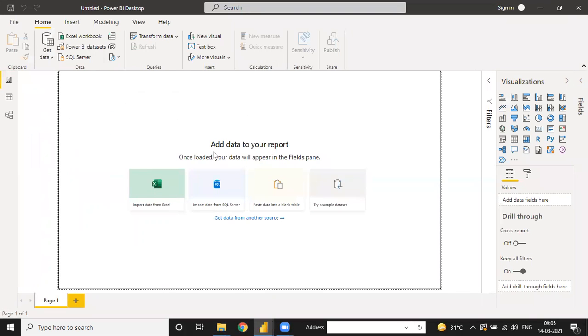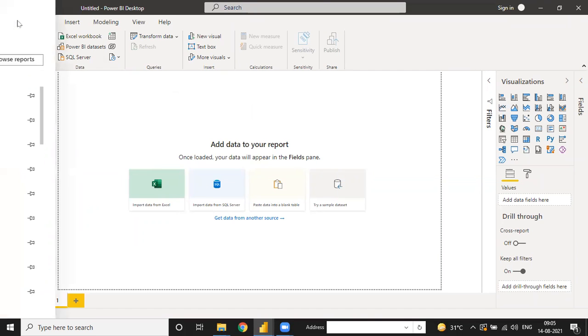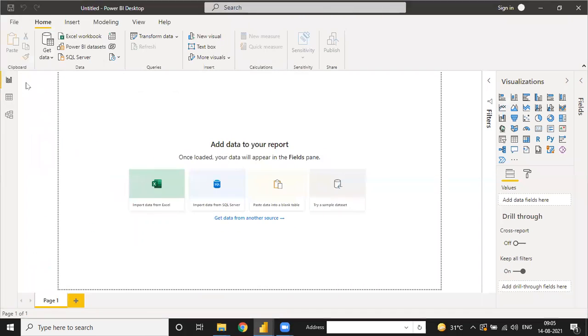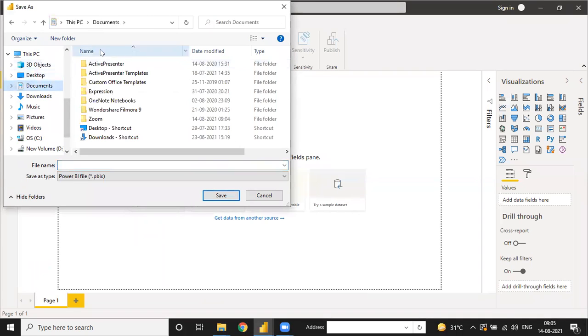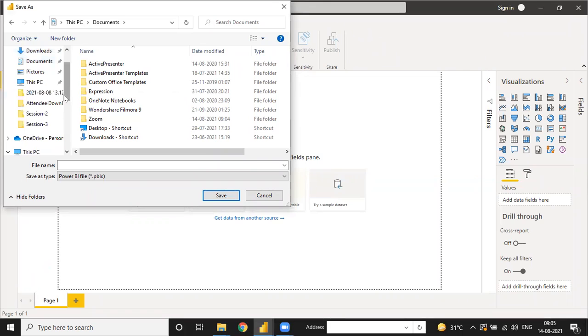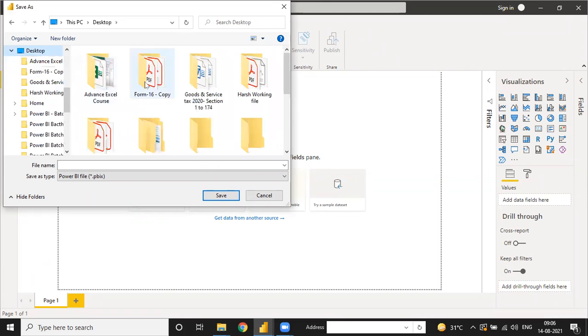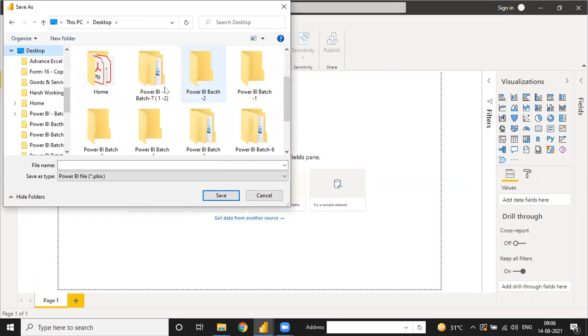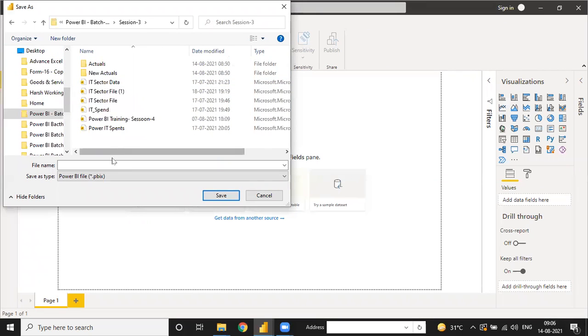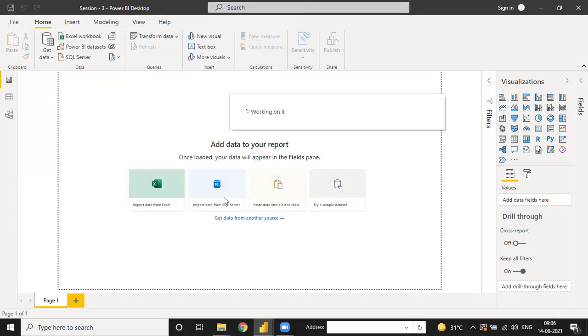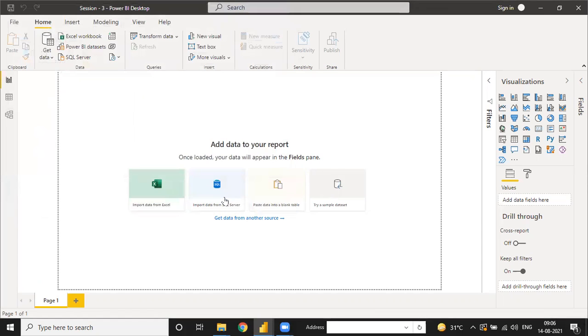Before starting anything in Power BI, first we need to save this file, because sometimes we lose our data. So we are going to save it on the desktop as batch number 7, session 3, so that we don't lose our data due to some issue.